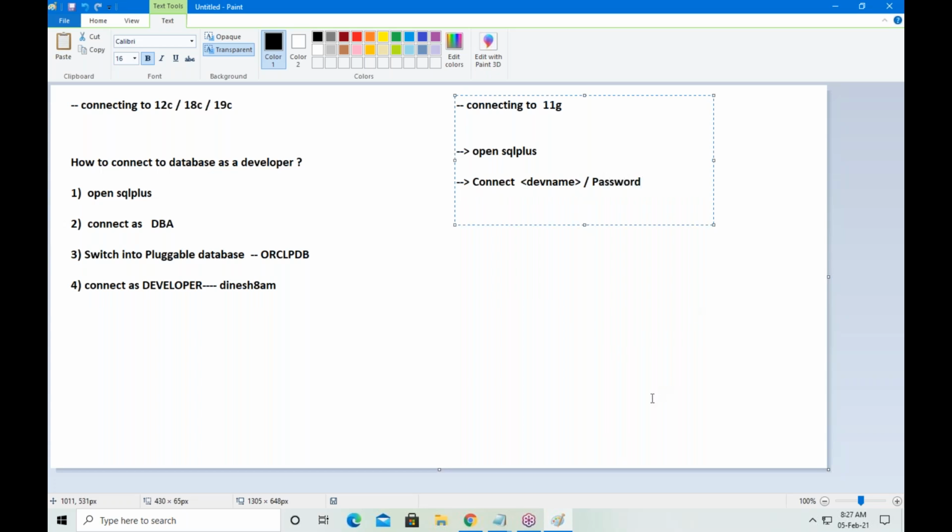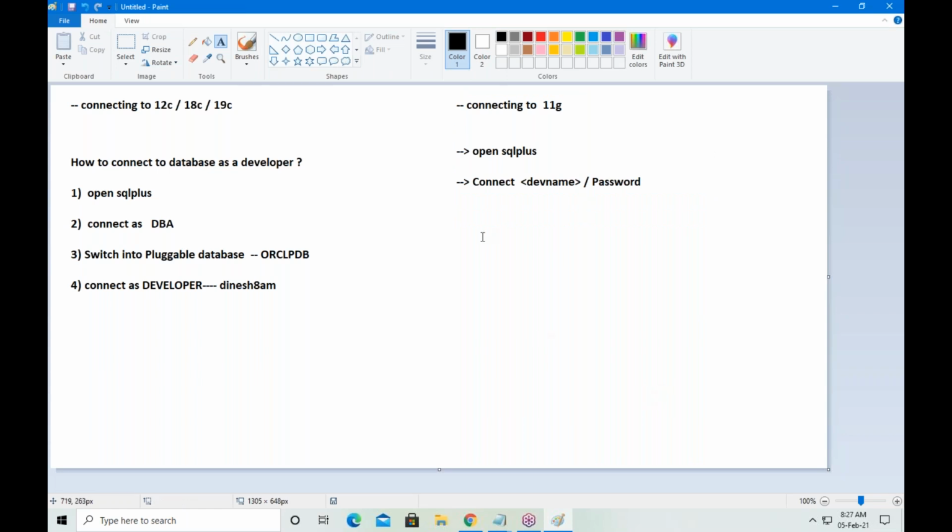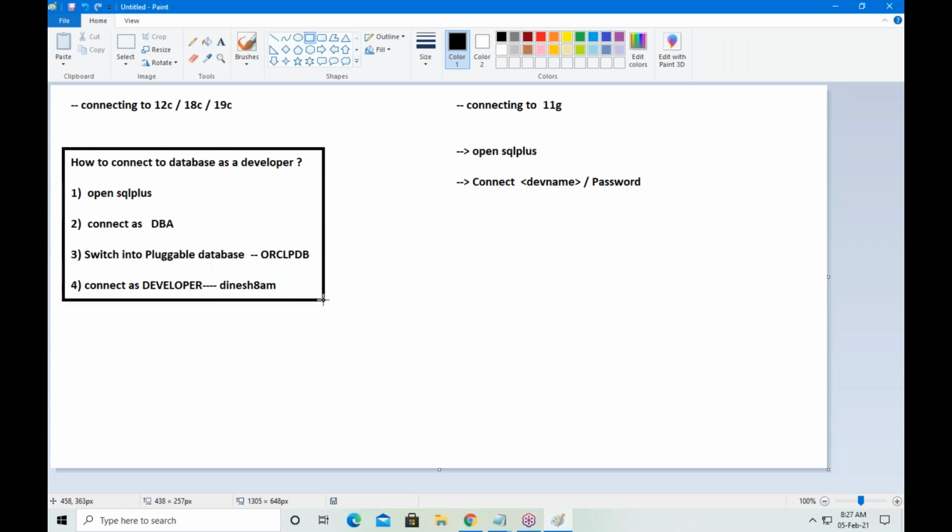Enough. See the difference between these two. This is the process for 12c or 18c or 19c, and this is the process for 11g.